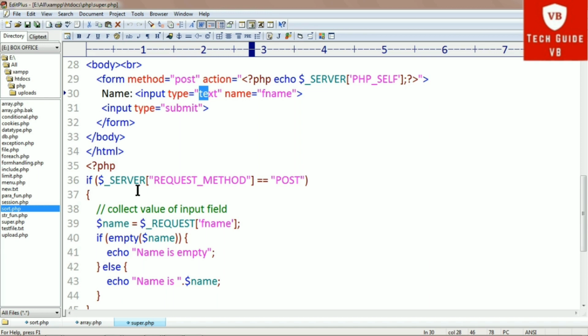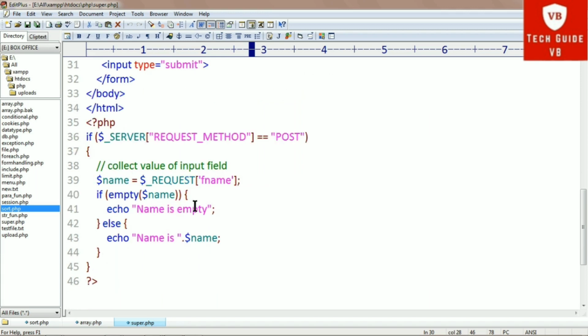So here we have used the $_SERVER['REQUEST_METHOD'] exactly equal to post. So request method is used here, and if the name is present, then it will print the name, that first name.